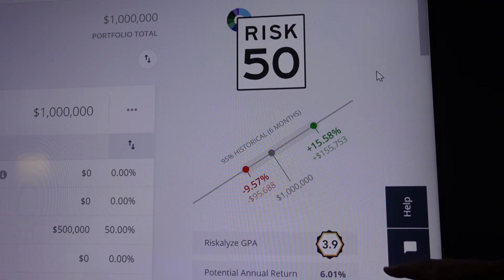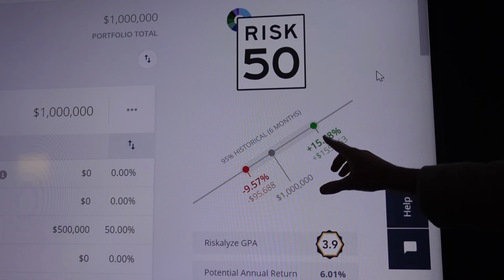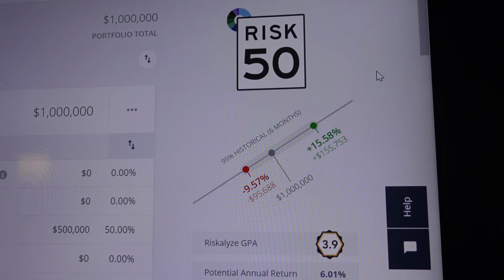We like to see that because, remember, the stock market in total was 6.87. Here we're taking a lot less risk, dealing with a lot less volatility, and getting almost the same return. So this is what a good, well-balanced investment plan should look like versus just going all in on Tesla stock or GameStop or one of the super risky stocks that's out there.